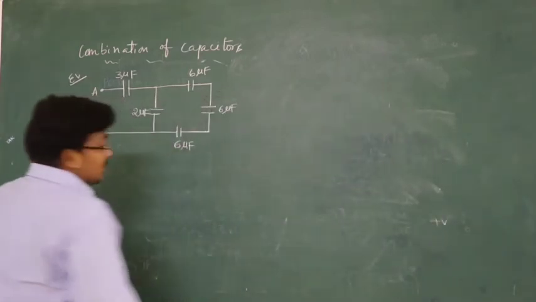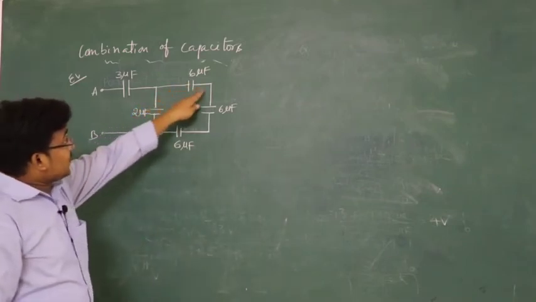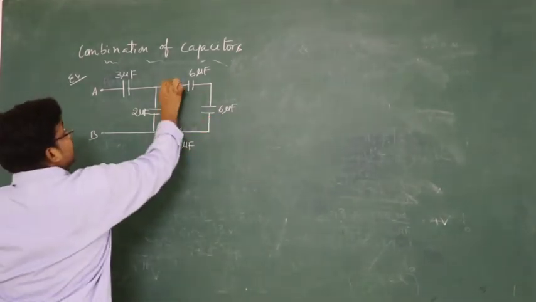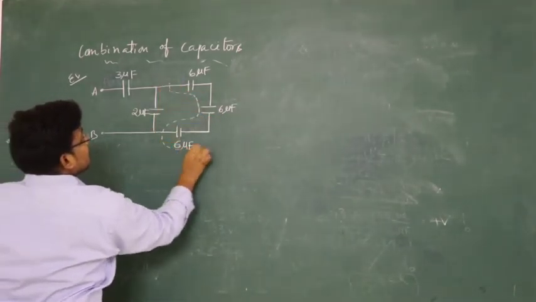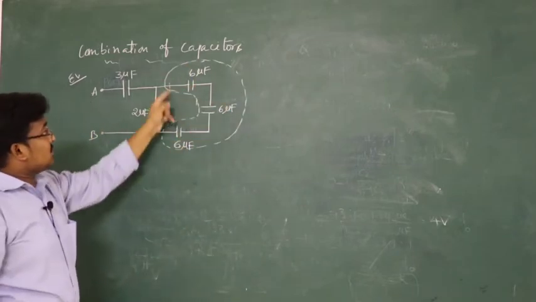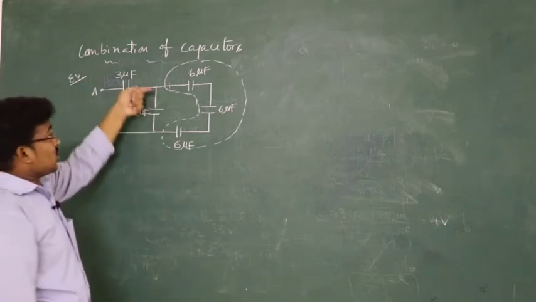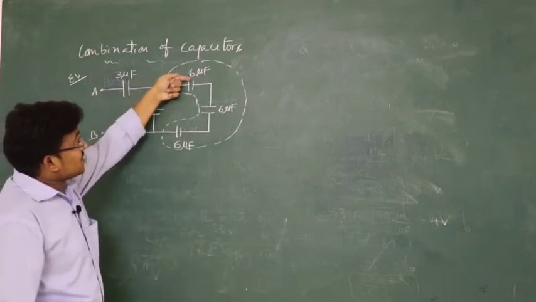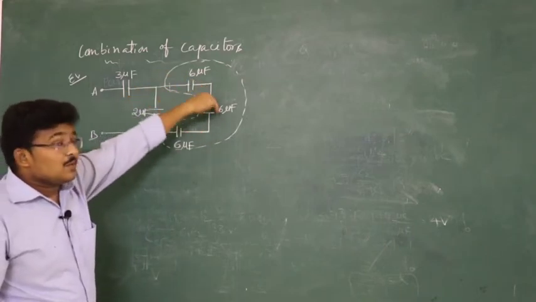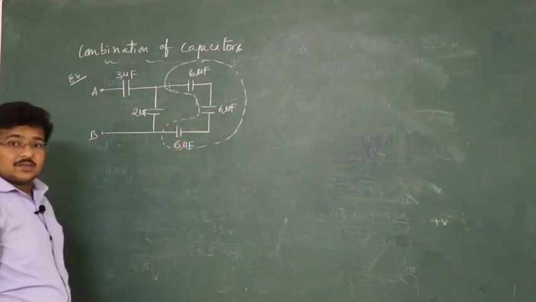Now we'll see here. When I see the circuit, this entire thing is a branch, this is a branch. Now in this branch, the three 6s are all connected in the same line, so if charge comes like this, charge must pass through all of them together, means charge will be the same, means series. Now the three 6s are in series, right?